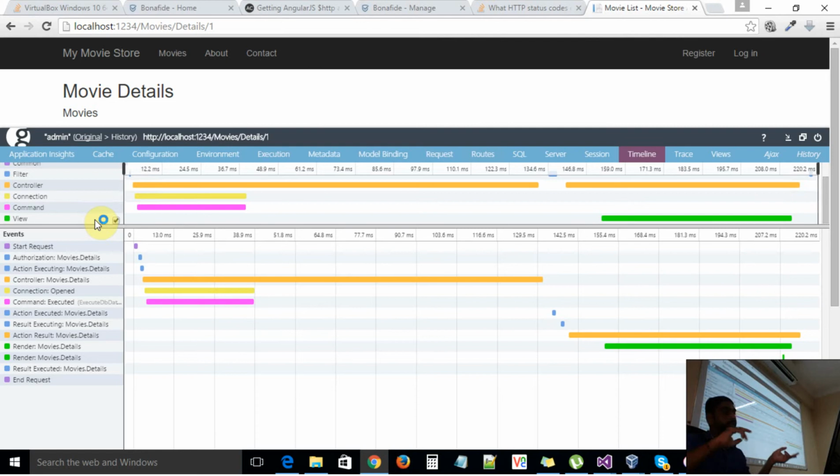If you have a remote connection, a database server and all, how much time is taken for the connection and how much time is taken to execute a particular command. All the detailed information is here, and it comes by default. But this is not enough for us if we are going to profile our own logic, because if you look at